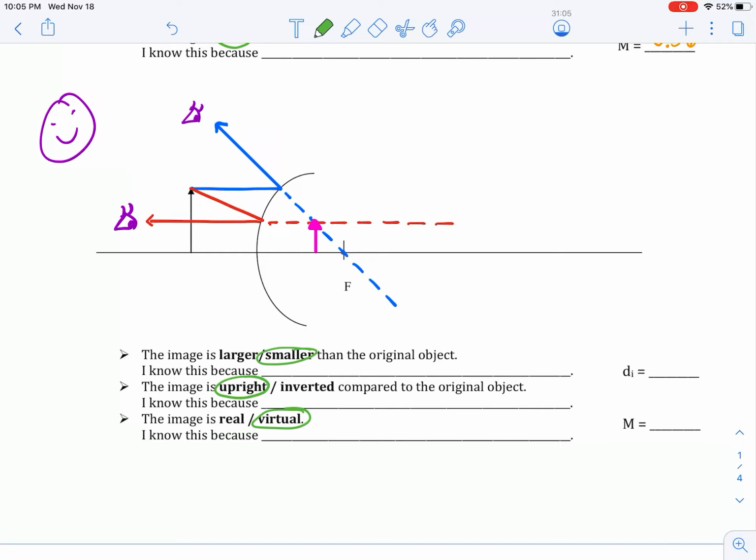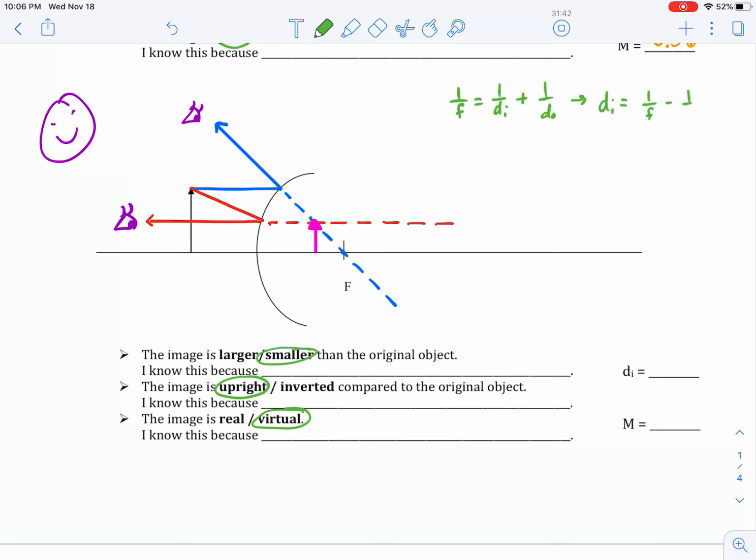If one line has to be extended with that dotted line so that we can create a point of intersection, then we're going to classify it as virtual. Either they both physically meet up or it's virtual. All right? Let's do our calculations. Once again, you need to take your ruler and measure what you have created on your paper. So once we measure our focal length and our distance to the object, we can then perform our calculation using this formula